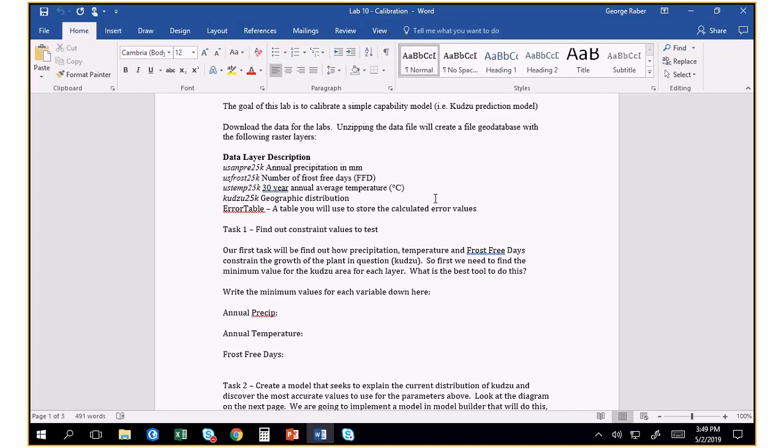Because in each of these cases, we're assuming that there's a certain amount of temperature where if it gets too cold, kudzu won't grow. And there's a certain amount of precipitation where if it gets too low, it won't grow. Okay? So how would we find,